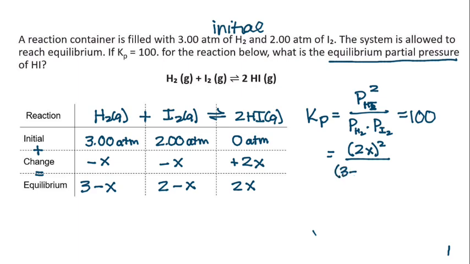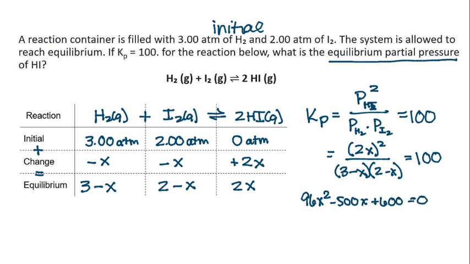And then in the denominator, I have the partial pressure of H2 at equilibrium and the partial pressure of I2 at equilibrium. I know that all of that will equal the value of 100. So now I have an equation in one variable, and I can solve for x with algebra. If I do that, I will get a quadratic equation. If I rearrange, I'll get 96x squared minus 500x plus 600 equals 0. And I will find that my two roots for this are